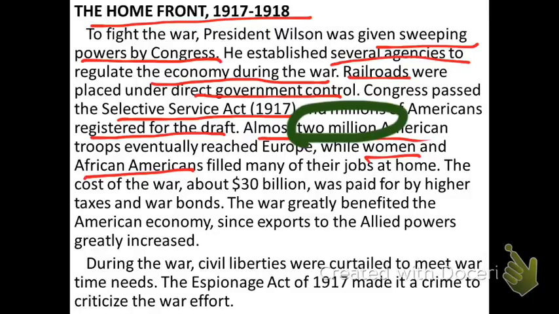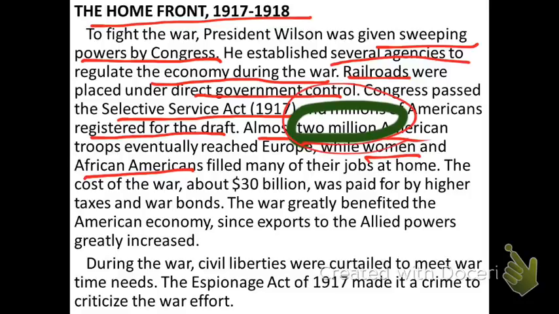So women took the place of their fathers, their husbands, their brothers in the factories, in the fields. Same thing with blacks. And this is referred to, as far as the African Americans go, as the Great Migration. I think one of our vocabulary terms. We had tens of thousands of young blacks move from the south to the north, seeking full-time employment in the factories of the north, in the meat packing industry, in the textile industry, and all those other different industries that were now growing, and that now needed workers because of the 2 million men who were